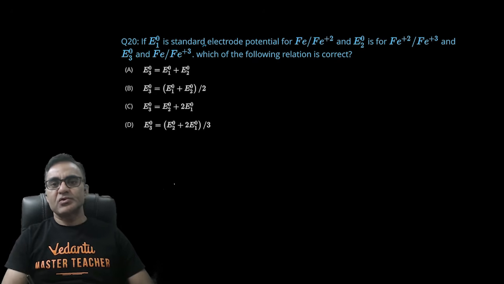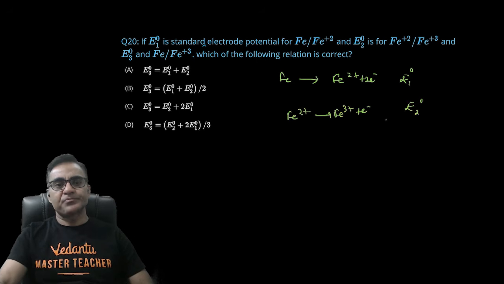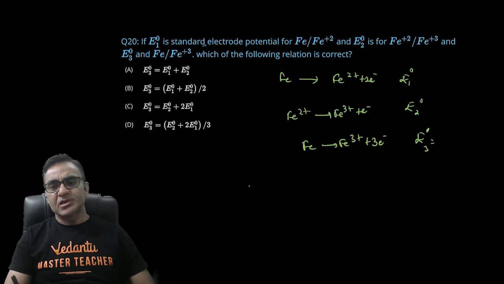E1 is the standard electrode potential of Fe, Fe changing into Fe2+ plus 2 electrons, इसका E1 नॉट रख दिया, and Fe2+ changing into Fe3+ plus 1 electron, इसका E2 नॉट। और हमें पता करना है E3 नॉट for Fe3+, तो इनका आपस में रिलेशनशिप क्या होगा, यानी Fe changing into Fe3+ plus 3 electrons, इसका E कितना होगा। इसका E3 दिया हुआ है, तो E3 कैसे कनेक्टेड होगा E1 और E2 से।